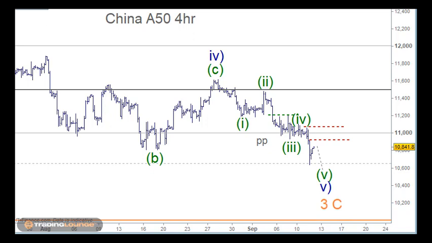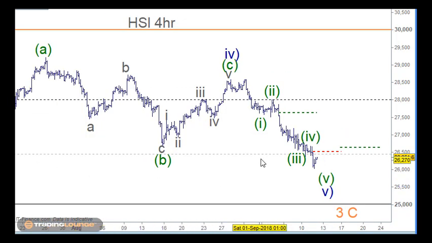Hong Kong's in much the same boat as well. We've got an A, B and C here for wave 4, down for 1 and 2. Look to short here, 3, 4, bring the stop down to here. The low may be in place, wave 5 low may be in here, I just don't know. There's also a 650 number here as well, 26,500, so that's important. If we get support back on this level here, then this is why this green one's here. We're going to be looking at going long from here too, so we could put that across here.